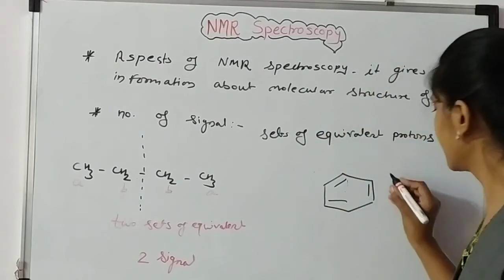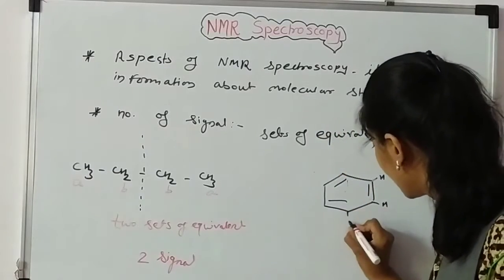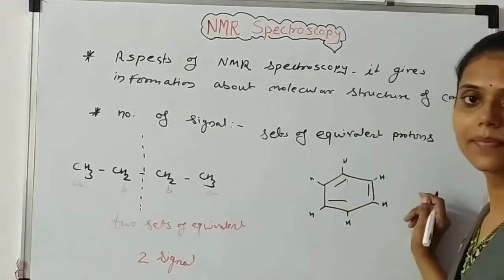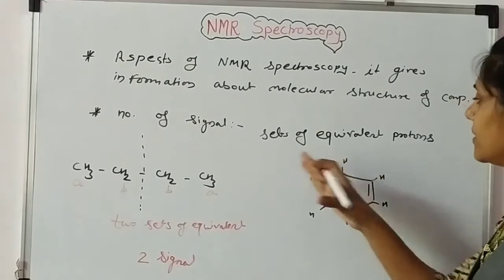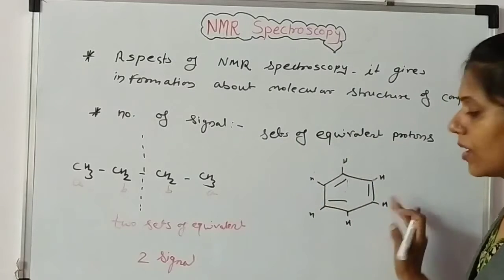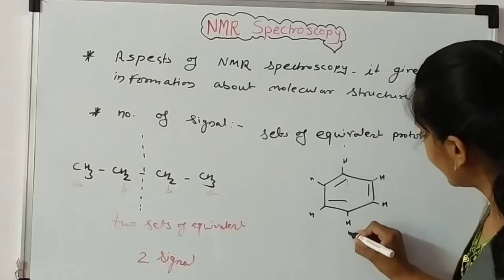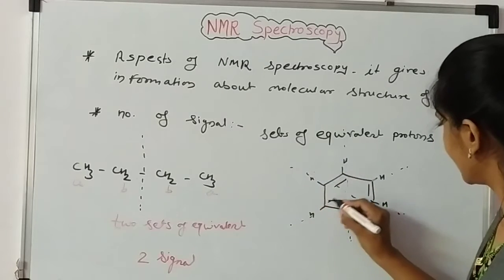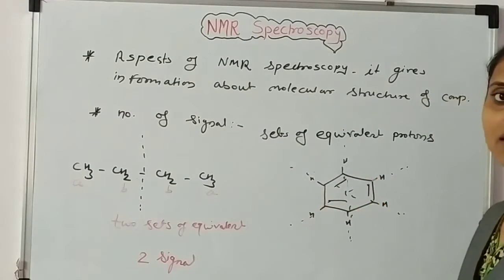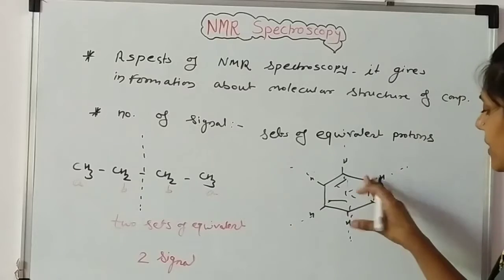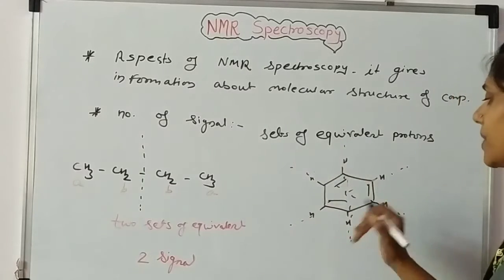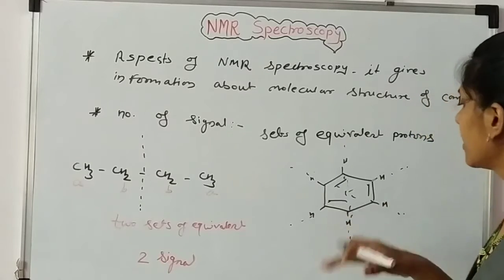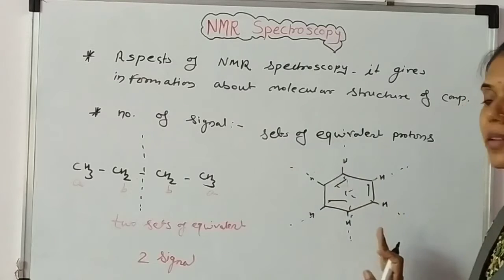It is the benzene. What is the environment? How many sets of equivalent protons are obtained in this? Here, draw the axis. We get the center of symmetry. Or we can say that it is the symmetrical axis, the center of symmetry is there. Now we are not studying inorganic chemistry here, but here is a symmetry.